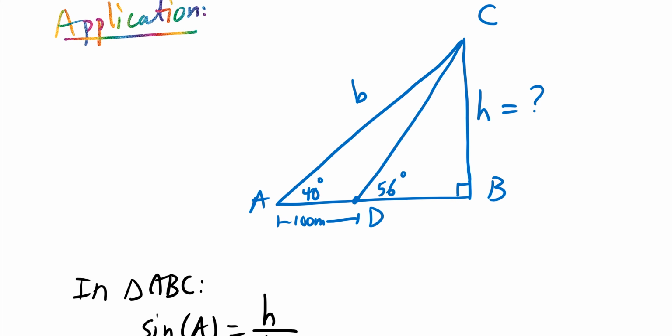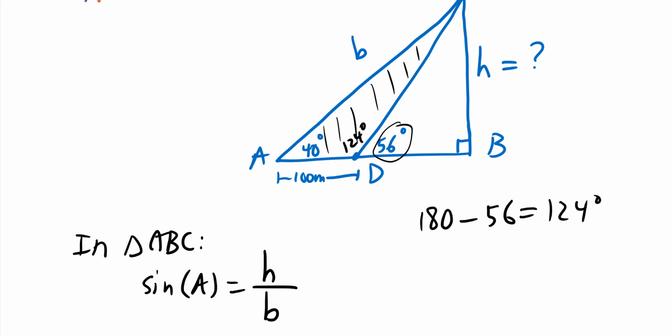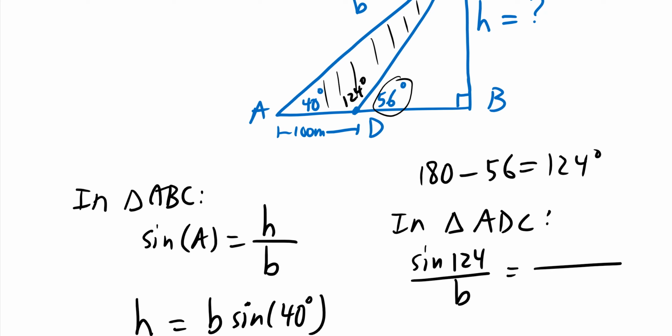So how am I going to calculate B? To calculate B, I'm going to look in this triangle here. In this triangle, this is given on this side, 56. If you do 180 minus 56, that gives us 124 degrees. Why did I find this? Because I'm going to use law of sines in triangle ADC. Sine 124 over B equals sine